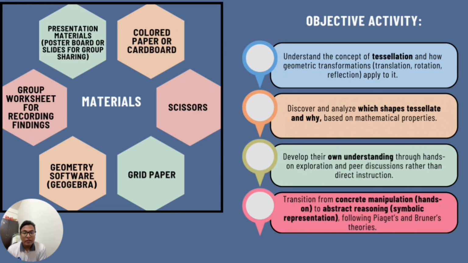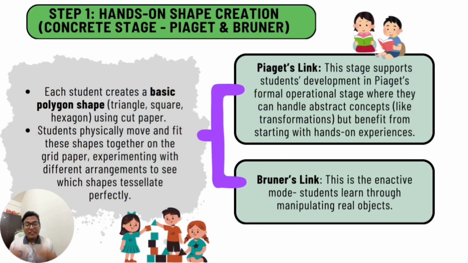And the fourth one is transition from concrete manipulation, which is the hands-on, to abstract reasoning, which is the symbolic representation, following Piaget's and Bruner's theory. Alright, this is the part that we've been waiting for. So I will explain to you step by step my activity, what learning theories I use, and the constructivism. So the first one is step 1, hands-on shape creation, which is the concrete stage,